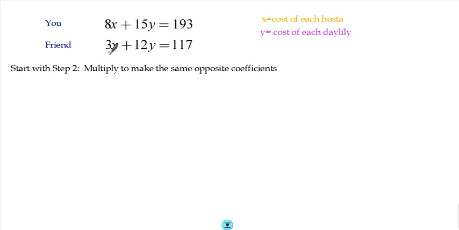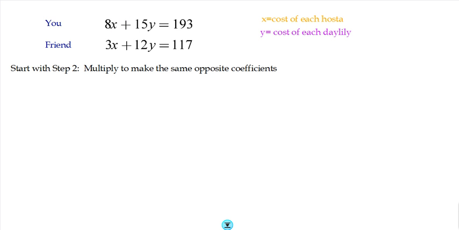It'll be easier to work with. Again, 8 and 3, 12, 15, none of these cancel out. So I'm going to get rid of x, and that's because 8 and 3 are smaller. Smaller numbers are easier to work with, so I'm going to eliminate these two coefficients by turning them both into